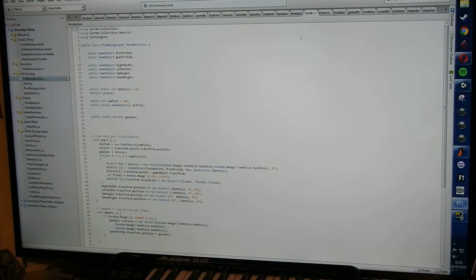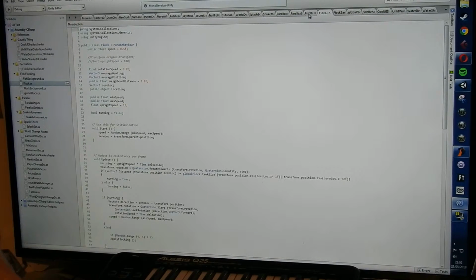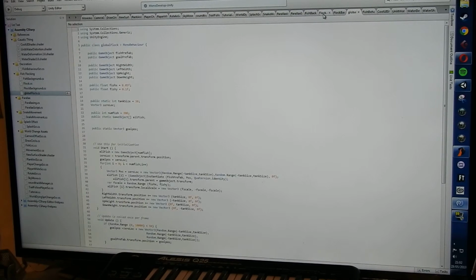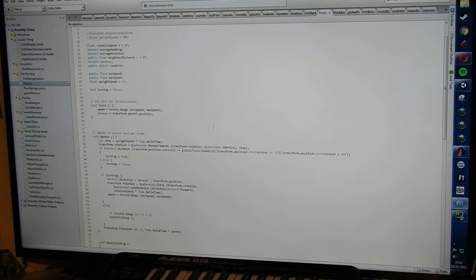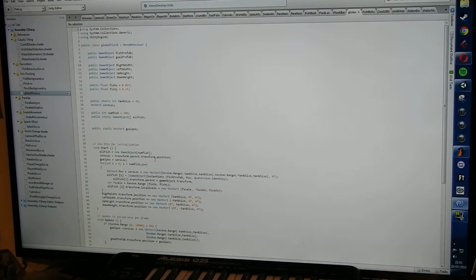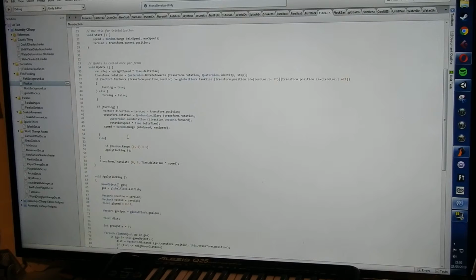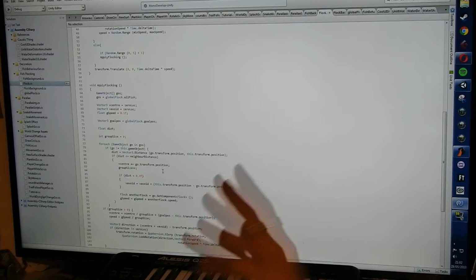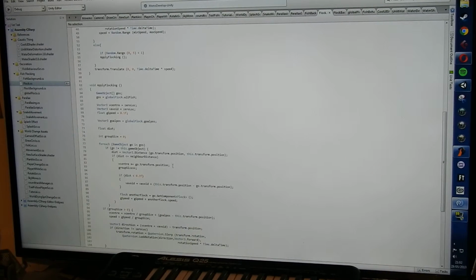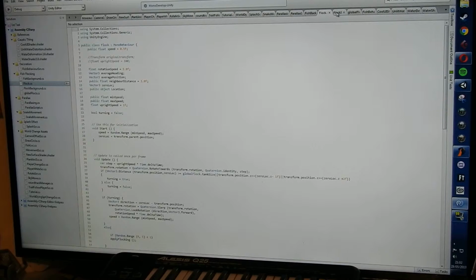This is just some stuff. I've got some scripts for the flocking fish behaviour. So there's 2 scripts: global flock and flock. Global flock is the one that makes all the fish. And the other one is on each little fish prefab. It establishes what the fish do when they reach the edge of the tank and how they flock and connect to their neighbours, depending on the distance to other of the fish prefabs that have been spawned